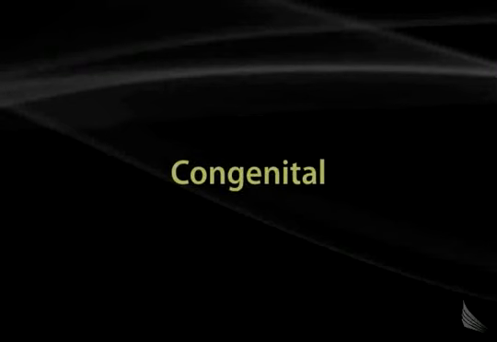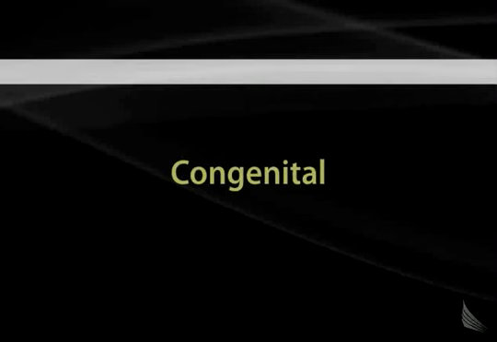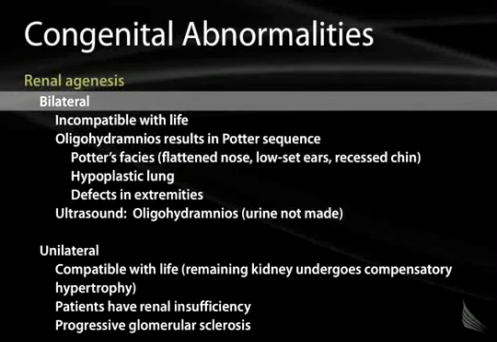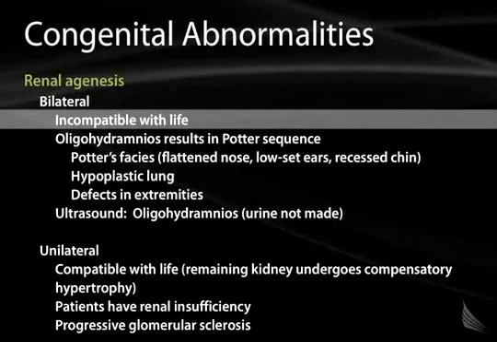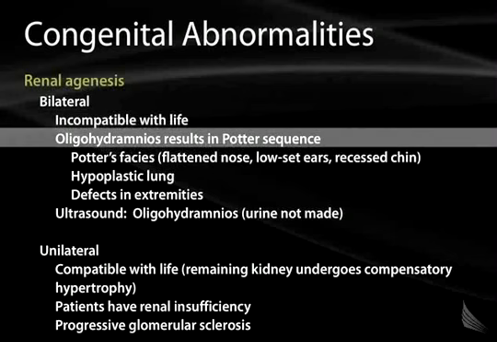Now, one of the ways that renal function can be disrupted is with particular congenital disorders. Most of these are anatomic anomalies which people are born with. One of these is called renal agenesis. This is a situation in which the kidneys themselves fail to form. Now, if renal agenesis is bilateral, then there's no kidney function at all, and this is incompatible with life. When the kidneys don't exist, that means that the fetus is unable to produce urine. The consequence of that is something that we call oligohydramnios, which means there's not sufficient amniotic fluid to protect the